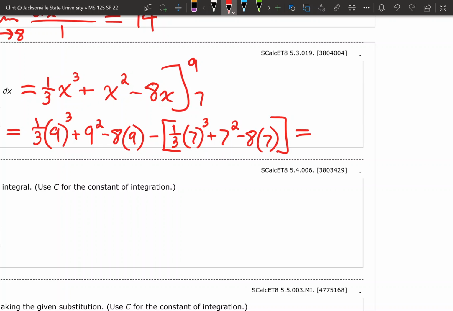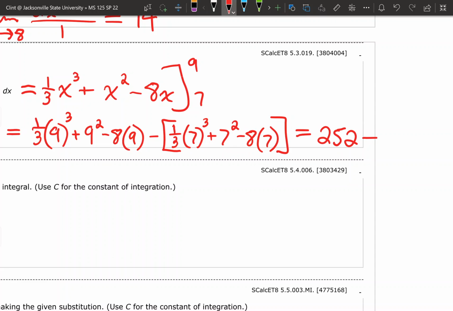So let's see, that's 9 cubed, 729, divided by 3, so 243 plus 81 minus 72. So that first group of 3 terms there gives us 252